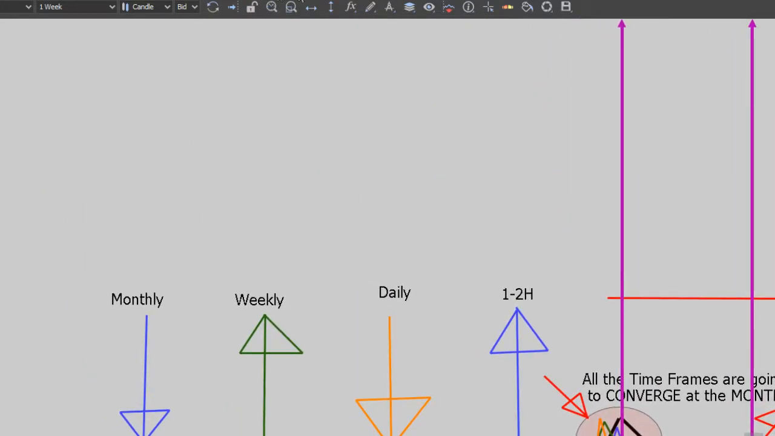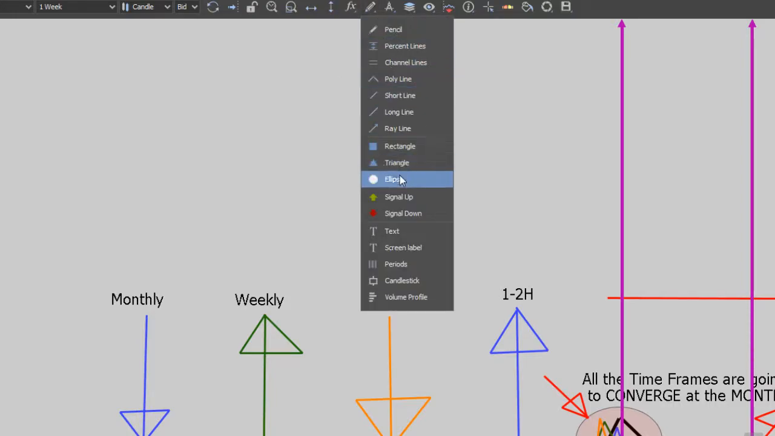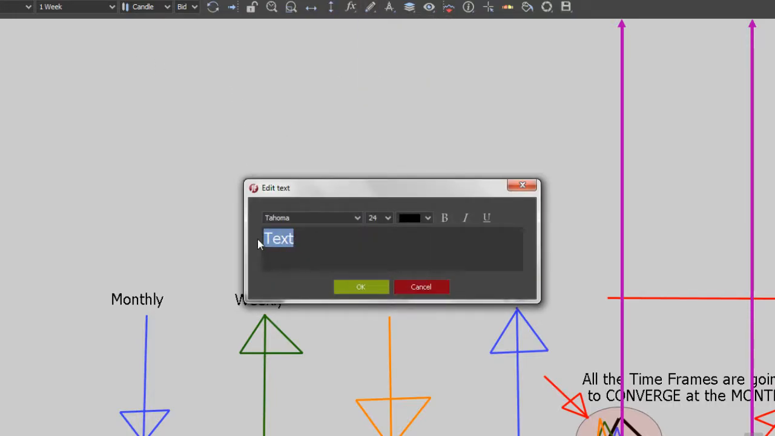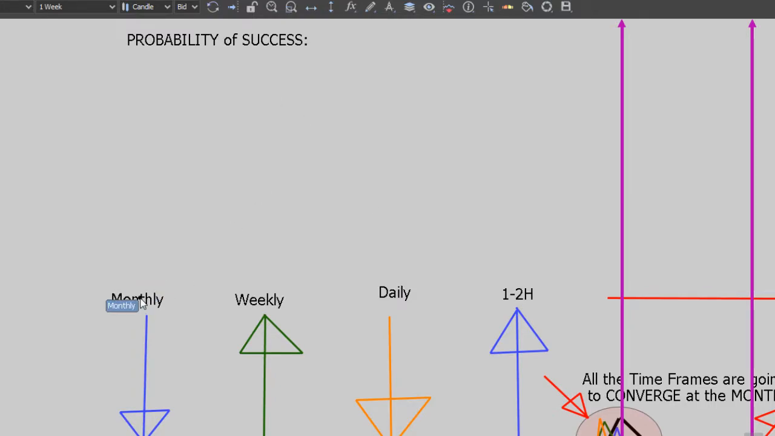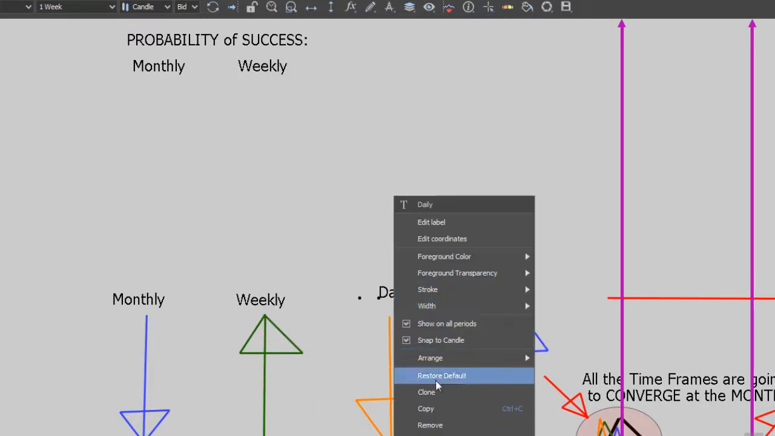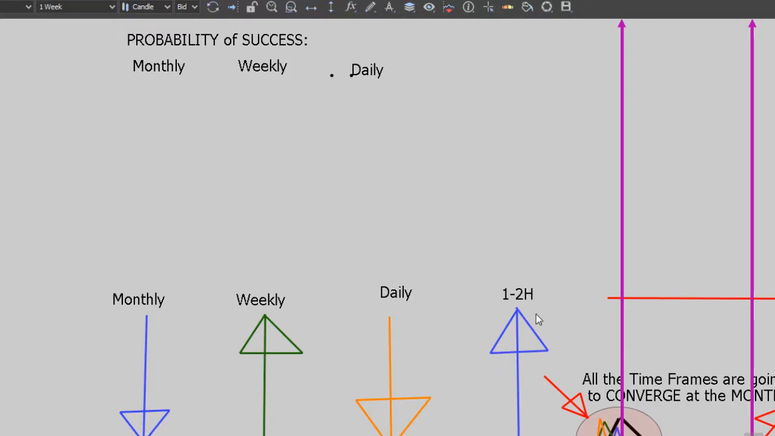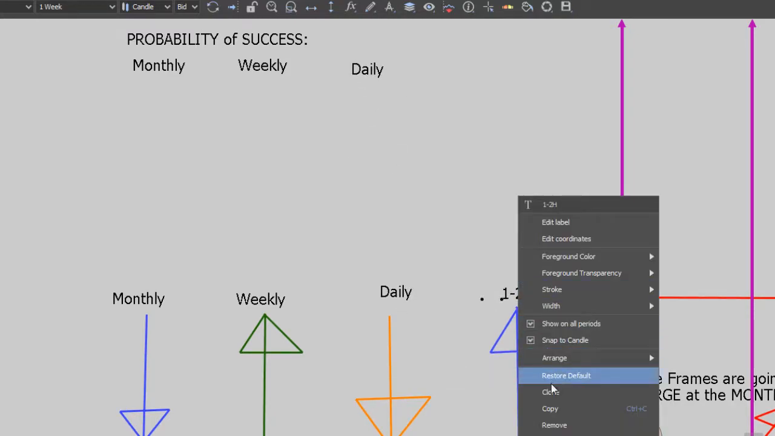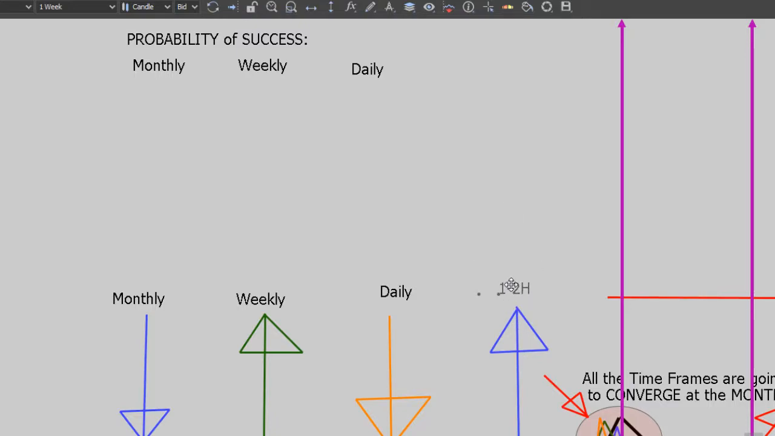Now let's talk about probability, right? Probability of success. Okay, let's talk about the probability of success. So let's clone this one, let's clone this one, and let's clone, no, I didn't, let's clone this one. Okay,